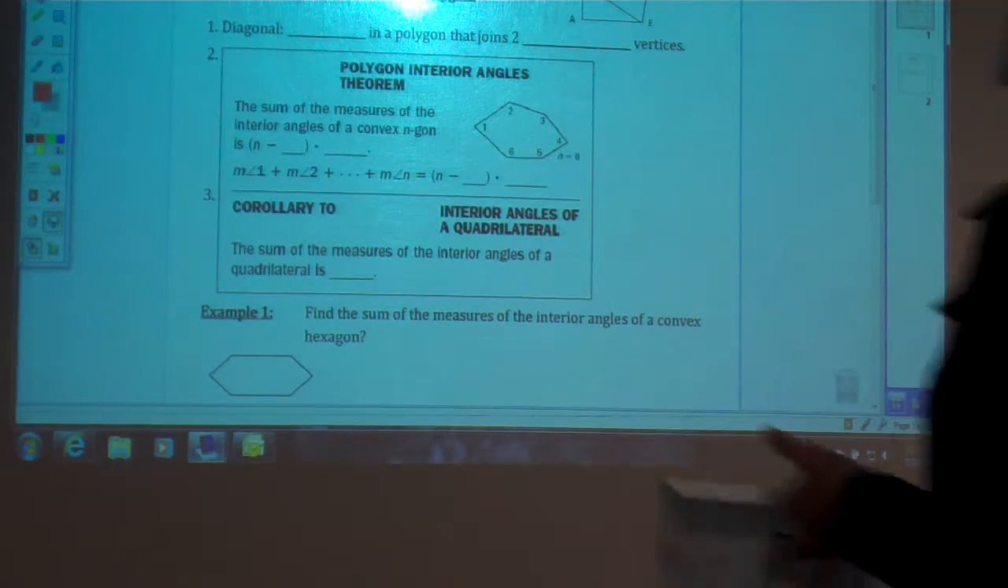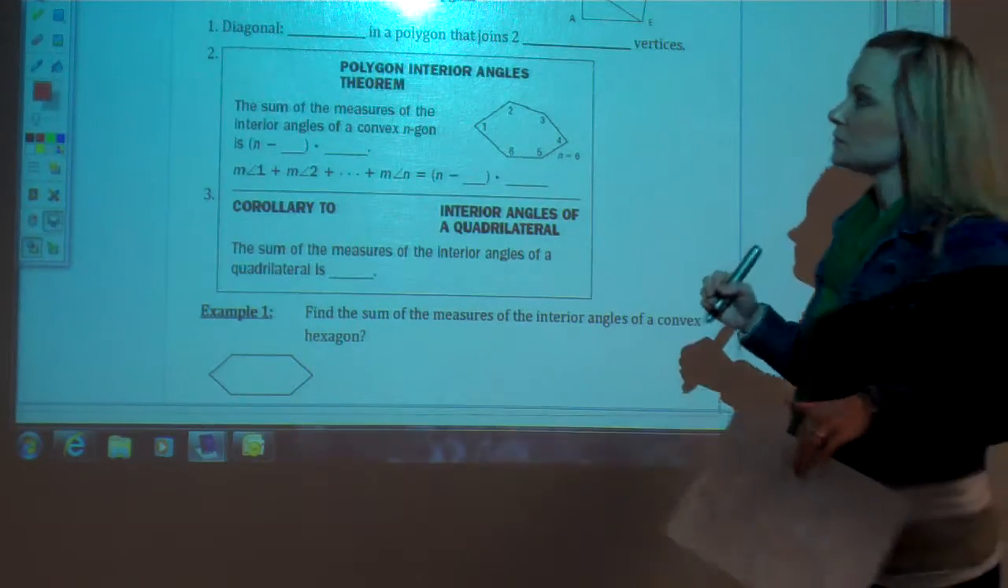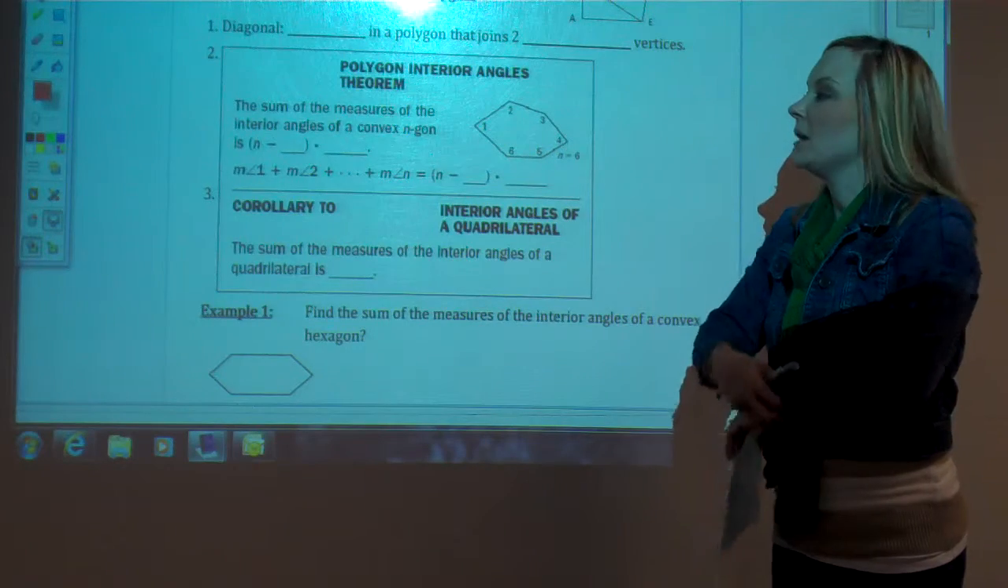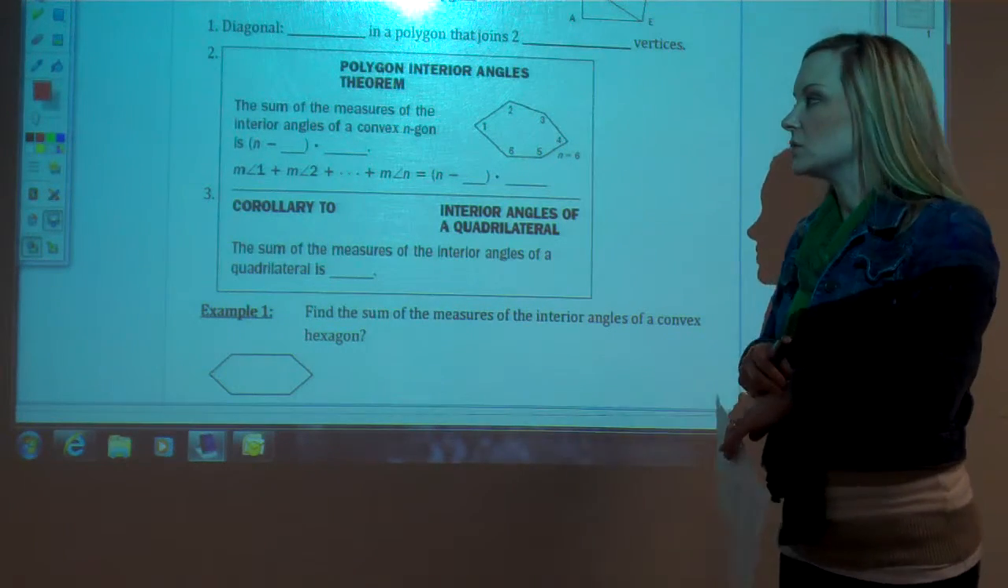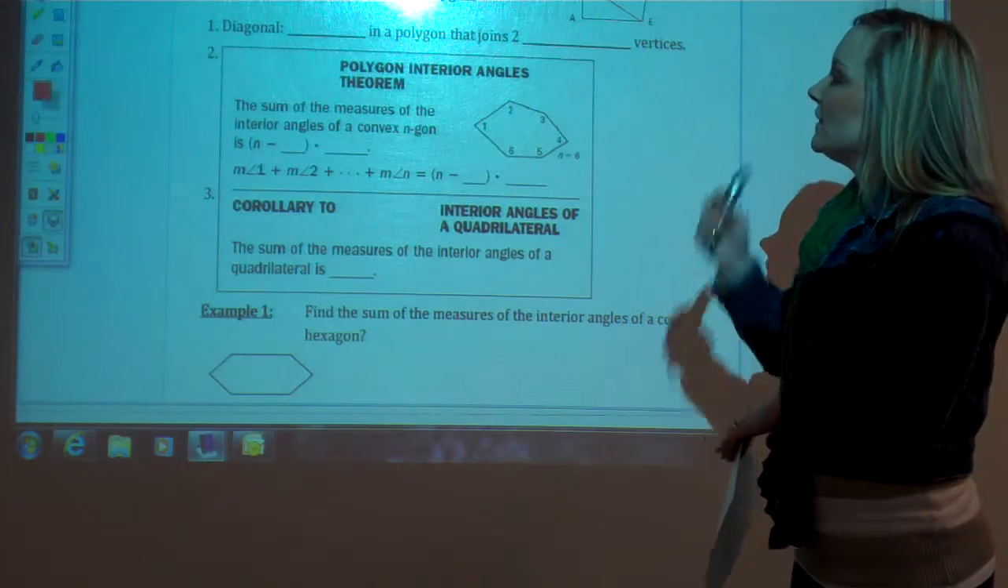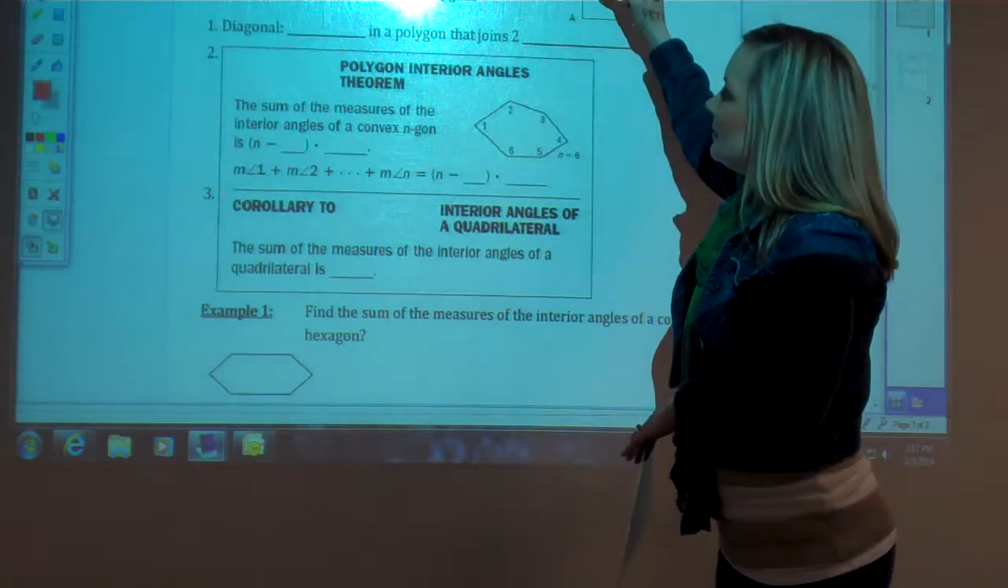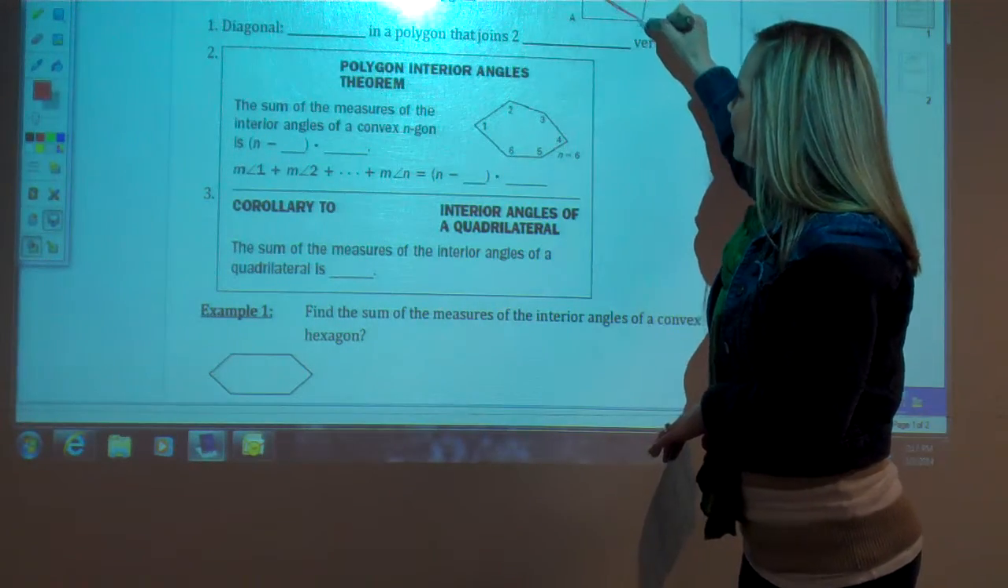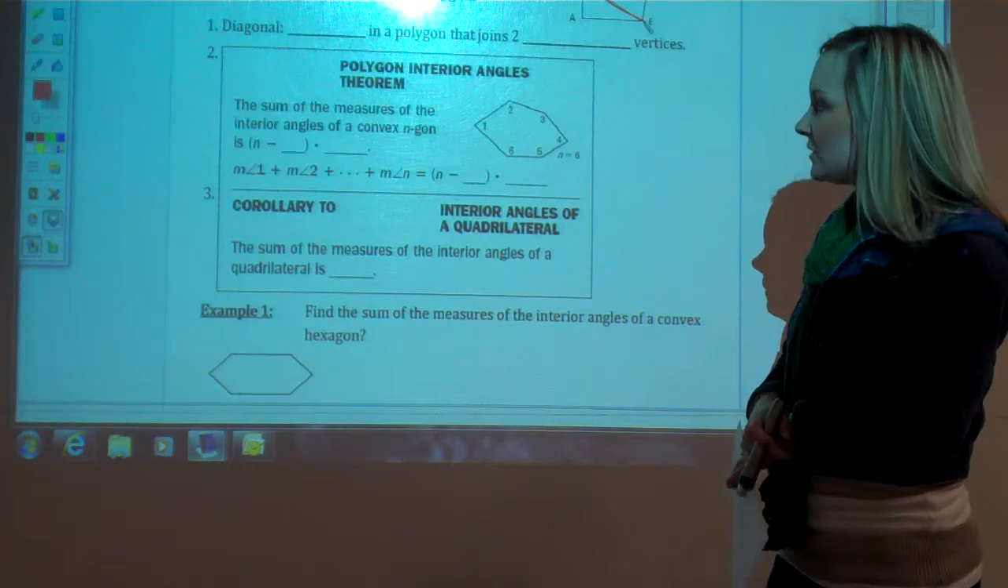Okay, today we're going to get started in Chapter 8. And in Chapter 8, we're going to talk about polygons, specifically quadrilaterals. Alright, one thing I want to go over, just a reminder, a diagonal is a segment that connects two non-consecutive